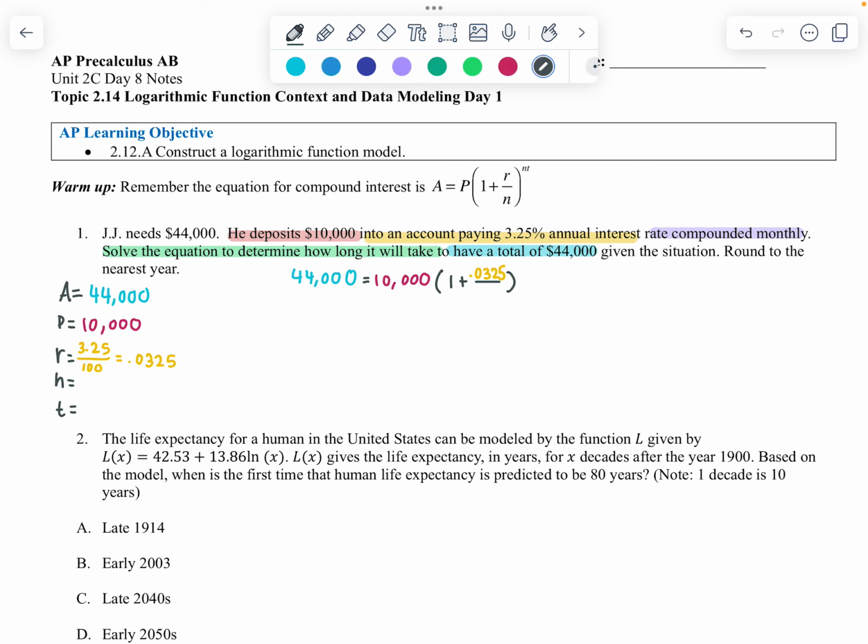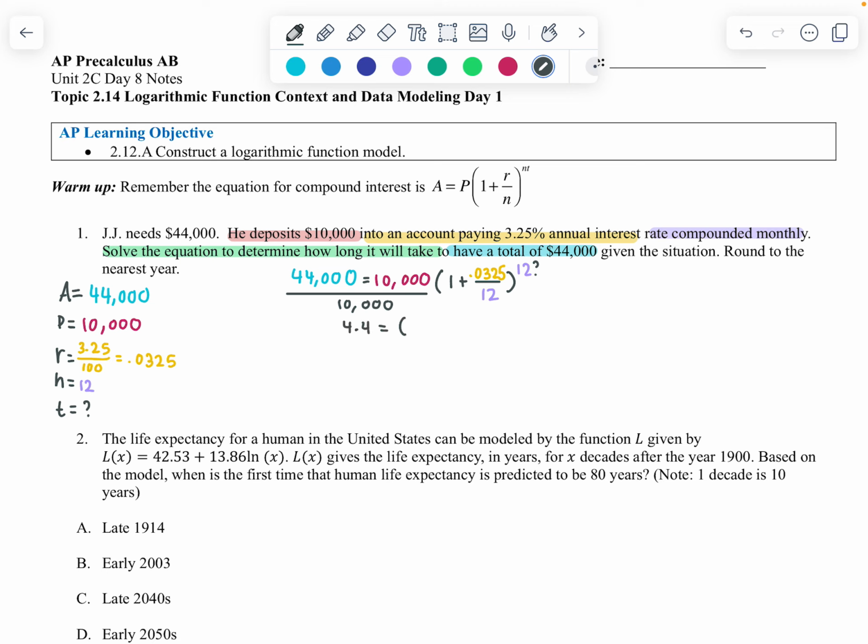So how often does monthly happen? Monthly happens 12 times in 1 year, so it goes in both locations. And we don't know our t, that's what we're solving for. So our unknown is in our exponent, meaning that we are going to end up having to use a log to solve. So our first step is to divide by that 10,000, and we should get 4.4